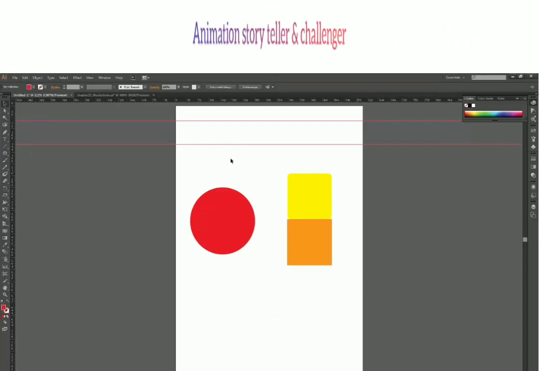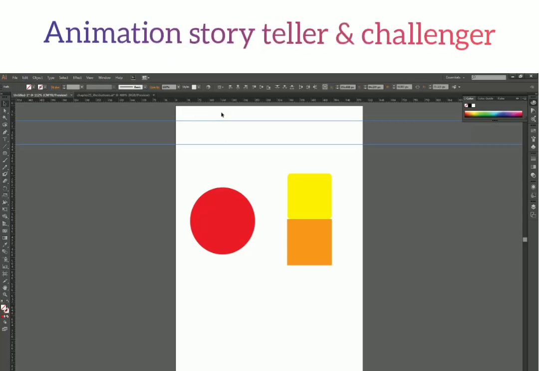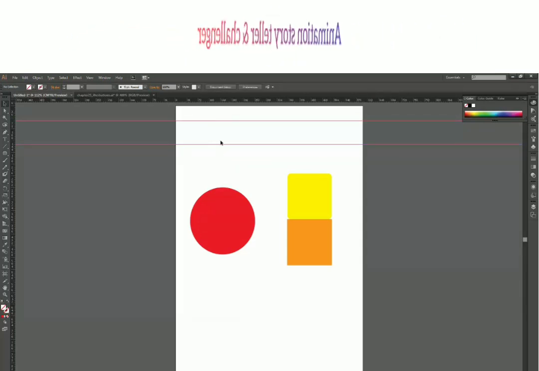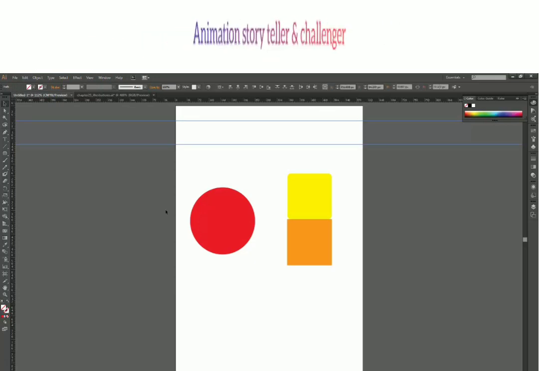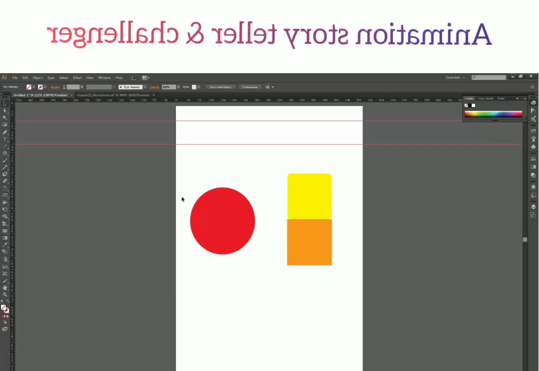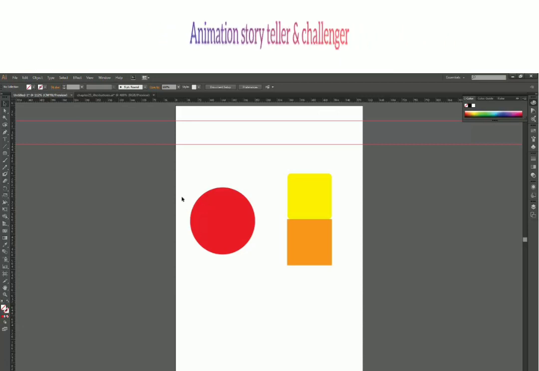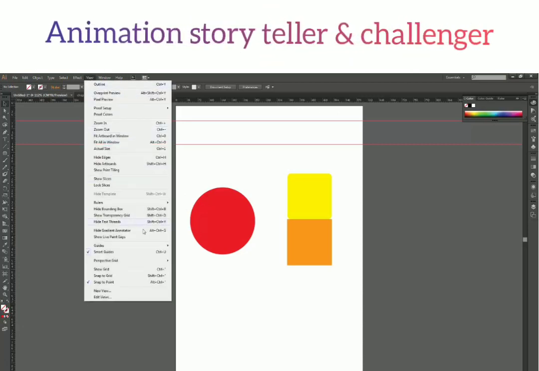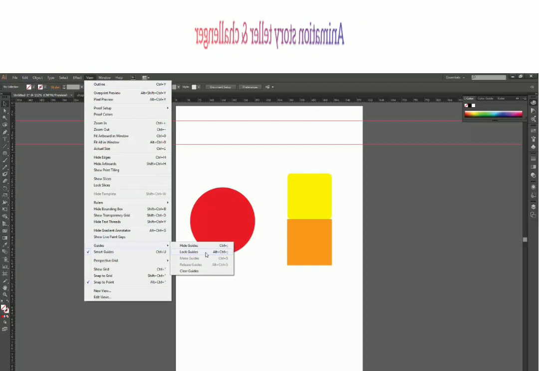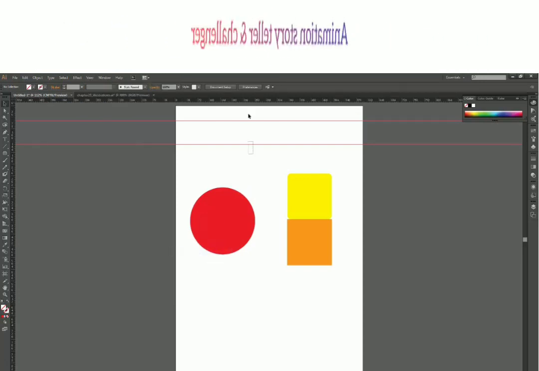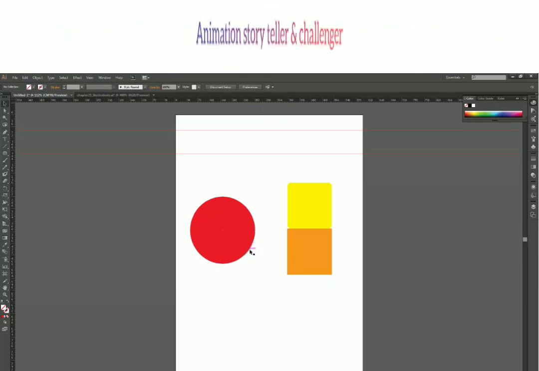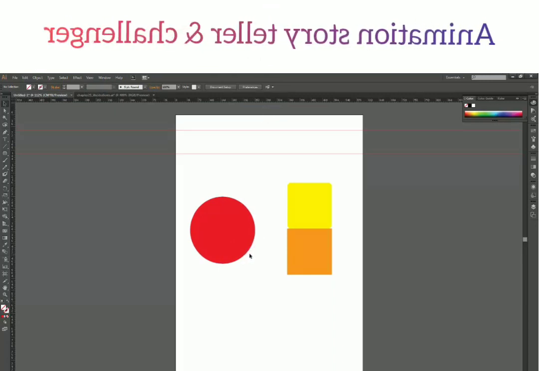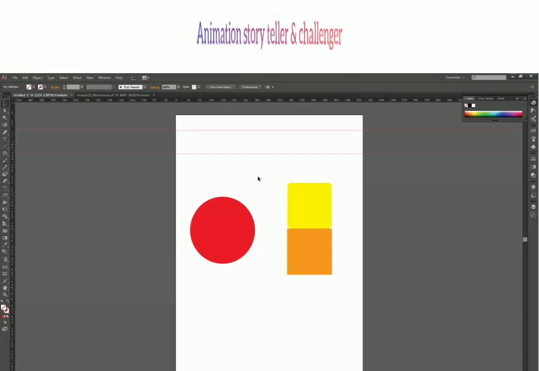And again, the same thing applies to guides also. We can press Ctrl 2 to lock all the guides here, but we have to select the guides first, and Ctrl Alt 2 to unlock the guides. But if you want to lock and hide guides without selecting, then you can go to view guides and use these options like lock guides. So it got locked automatically without even any selection. And if you want to lock or hide any particular set of guides, then you can just select them and